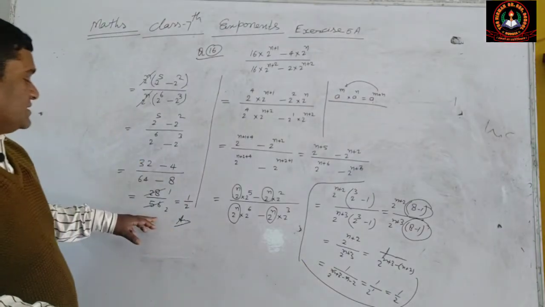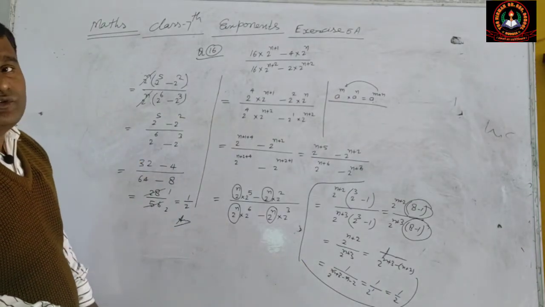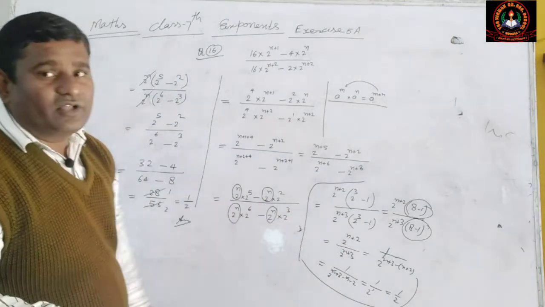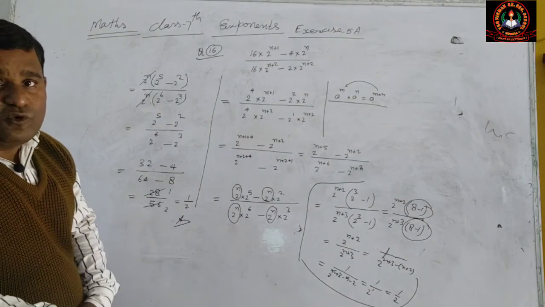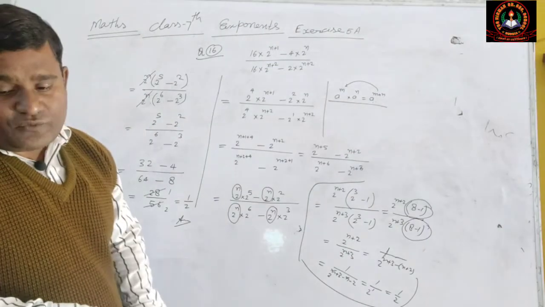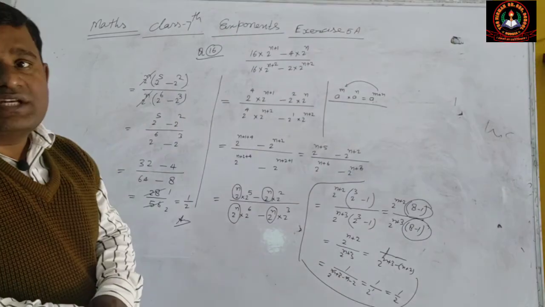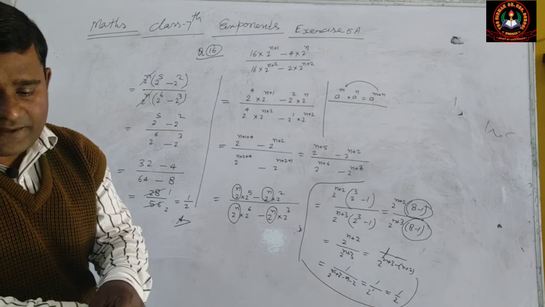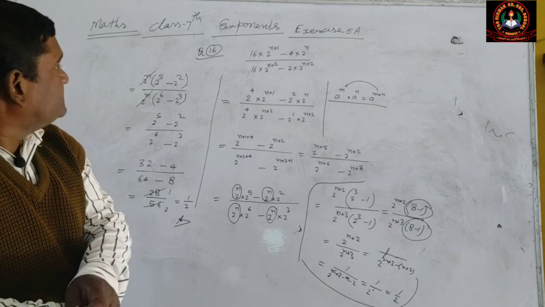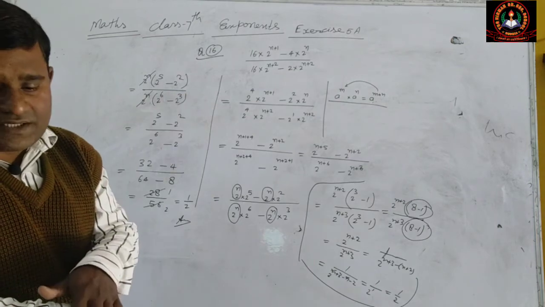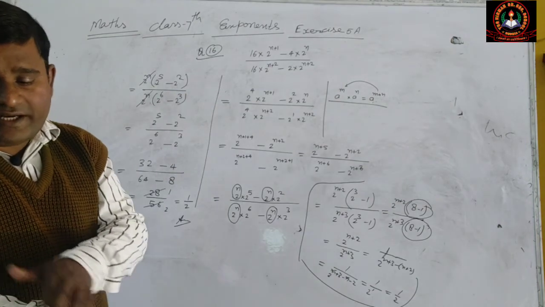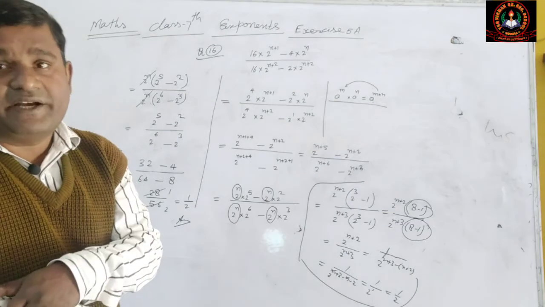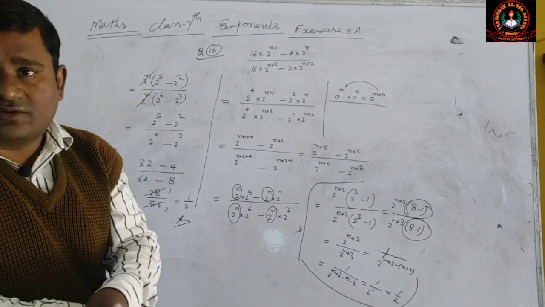Both the answers are the same, so you may solve this question by this method, which is a simple method, or by the other method. Okay, and now your homework is to complete this exercise up to question number 18. There are 18 questions in this exercise 5A. I have solved question number 16, 17 and 18, and the rest of the questions of this exercise we will complete and post in the group. Yes, okay, thank you.